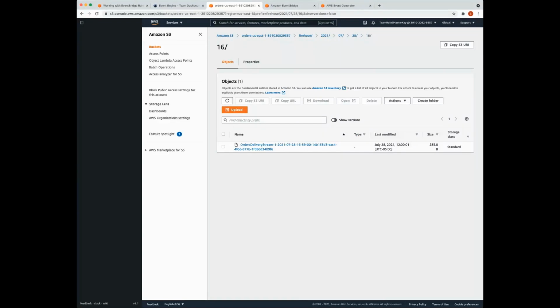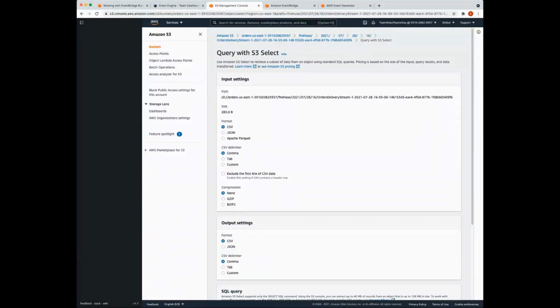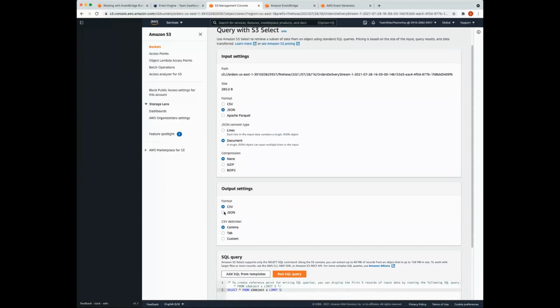So from the actions dropdown, we are going to hit query with S3 Select. Let's just select that first. We're going to set our format here to JSON. As you know, the event is delivered in JSON format. The JSON content type is going to be set to document. And our output settings here, we're going to set that to JSON.